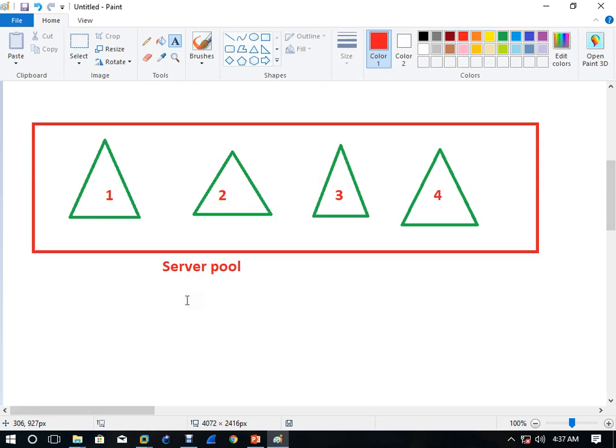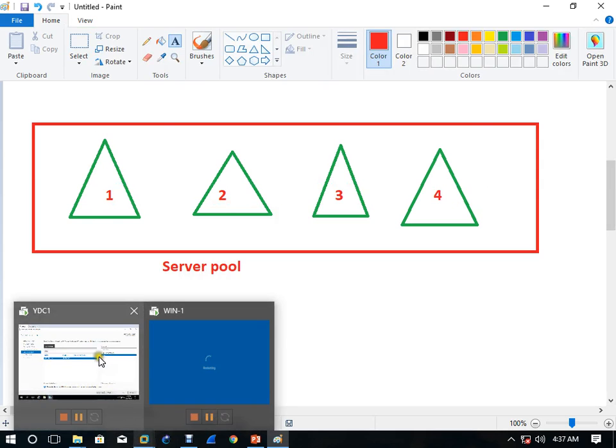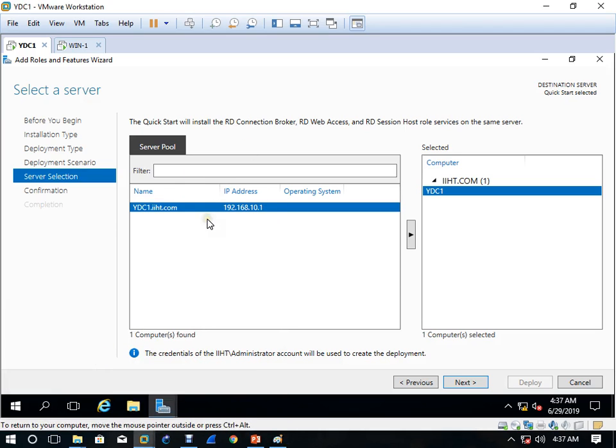See, let me show you again. Come here, Server Manager. Okay, it's not okay; after this wizard I'll show you. In Server Manager you will have the list of all the servers. So I want to install on Yaoundé DC1, Yaoundé DC2. You select and click here, and it will come to this side, where you want to install. Then click next.